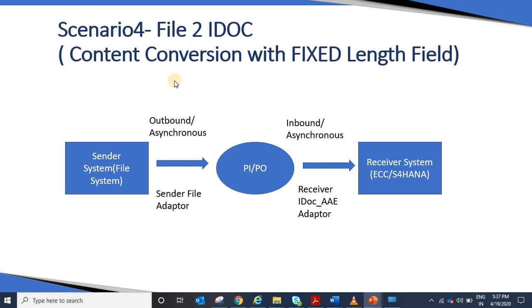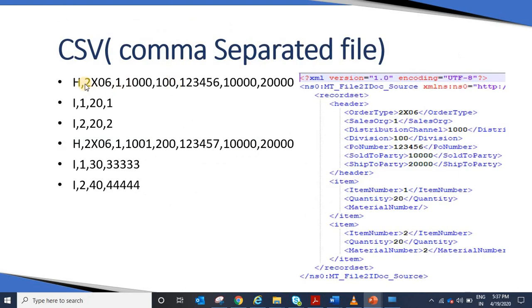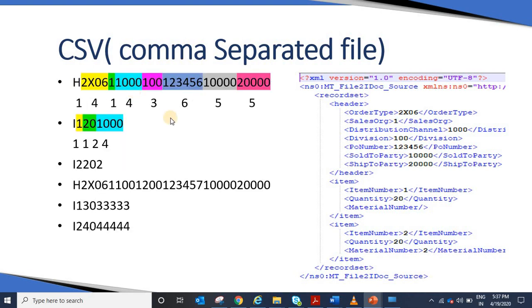In this scenario, we are going to use the same scenario, but the only difference is that instead of comma separated values, we are going to get a fixed length file. For example, there is no comma. We mention in the content conversion to take the first field, of length 1, as the header. Then the next 4 characters you take as the order type, and immediately after that 1 character as the sales org.